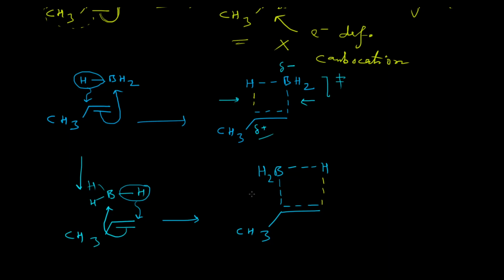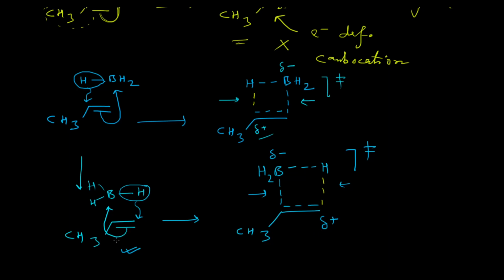Here also the extent of formation of the carbon-boron bond would be higher than that of the carbon-hydrogen bond. So the bond order of the carbon-hydrogen bond in this transition state will be less than that of the carbon-boron bond. So this will be the structure of the transition state in this possible pathway. This transition state will also be unsymmetrical. The boron center will possess a delta negative character, and in this case, this carbon center will possess the delta positive character. Why this carbon center?